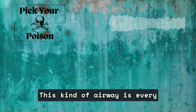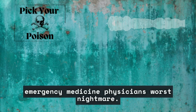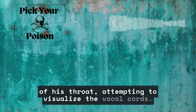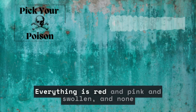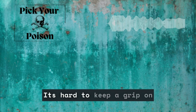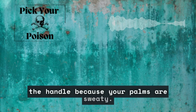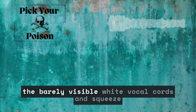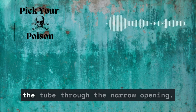This kind of airway is every emergency medicine physician's worst nightmare. You use the laryngoscope to look down the back of his throat, attempting to visualize the vocal cords. Everything is red and pink and swollen, and none of the anatomy looks the way it's supposed to. It's hard to keep a grip on the handle because your palms are sweaty. After several heart-pounding seconds, you finally find the barely visible white vocal cords and squeeze the tube through the narrow